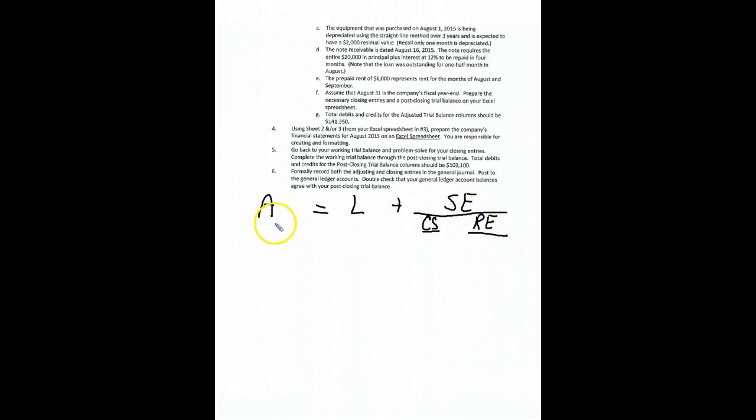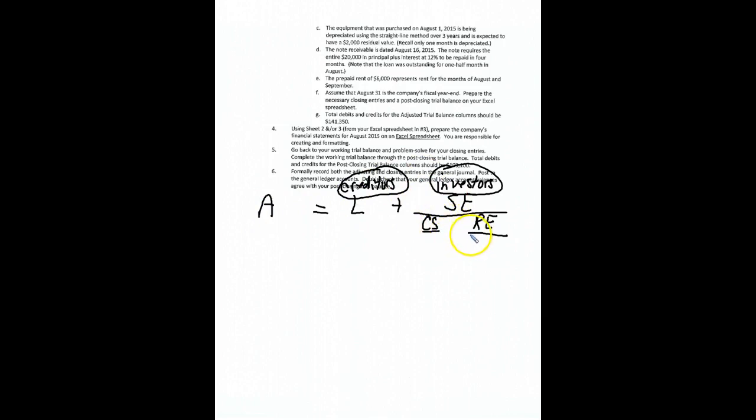Again, we have our assets. Those are the resources of the company, basically the things the company owns. We have our liabilities, which are the obligations or debt of the organization. The creditors have rights to those resources, the assets. And under stockholders' equity, we have our investors, who also have rights to the assets. So it's another way of looking at the balance sheet equation: creditors have rights to the assets and investors have rights to the assets, and that's conveyed on the balance